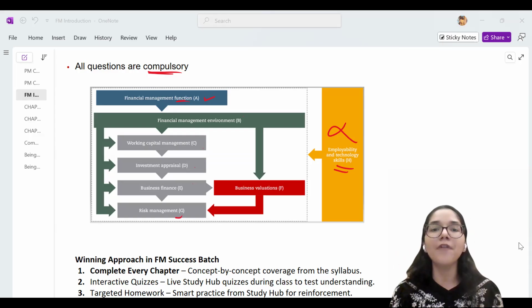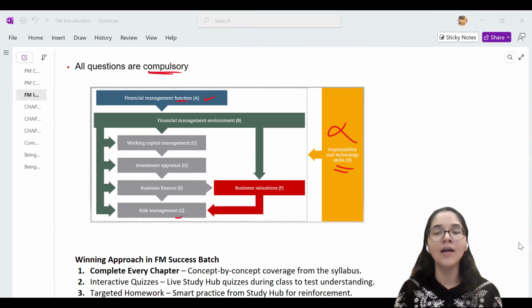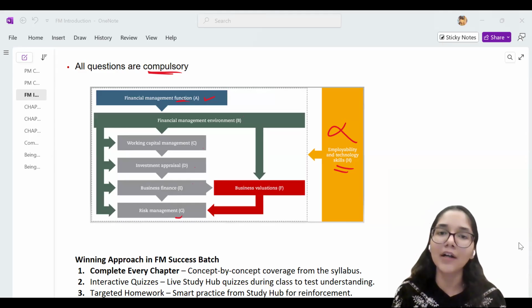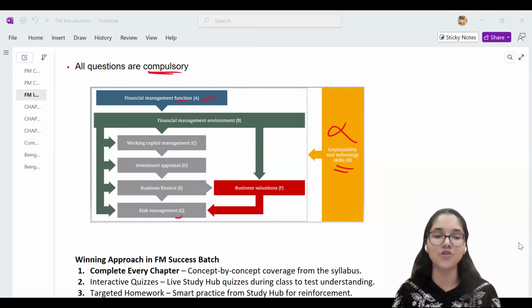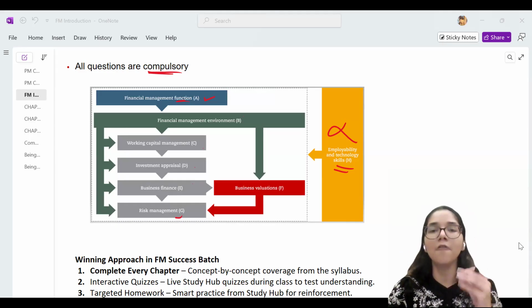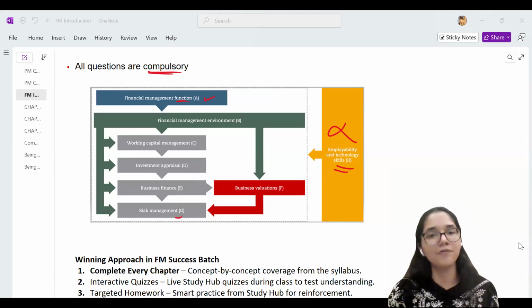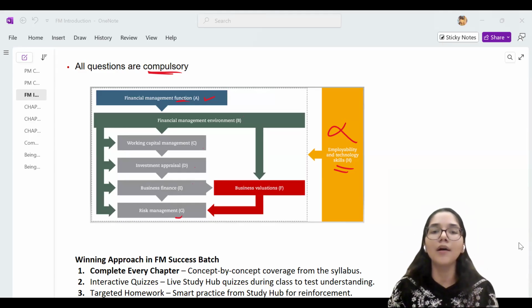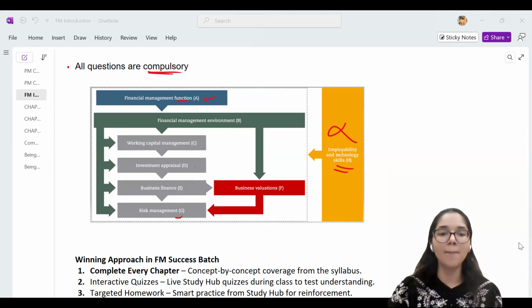So these are the different functions that we have in the organization, because in the organization we are doing all sorts of work, and different people are taking care of different work areas. Financial management is also one such function performed in the organization. Here we are going to learn what the role of financial management is. Why do we need it? Why do we do it? What do we want to achieve while we are doing financial management? So here we are going to learn about the core idea behind financial management: why it is needed and what our aim is when we are using it.